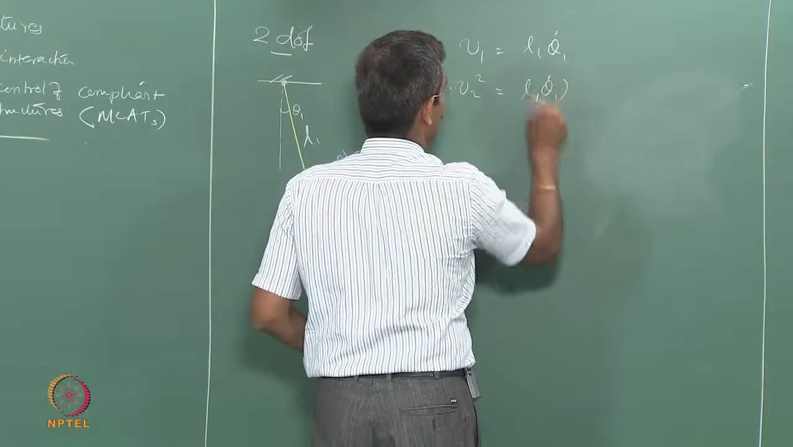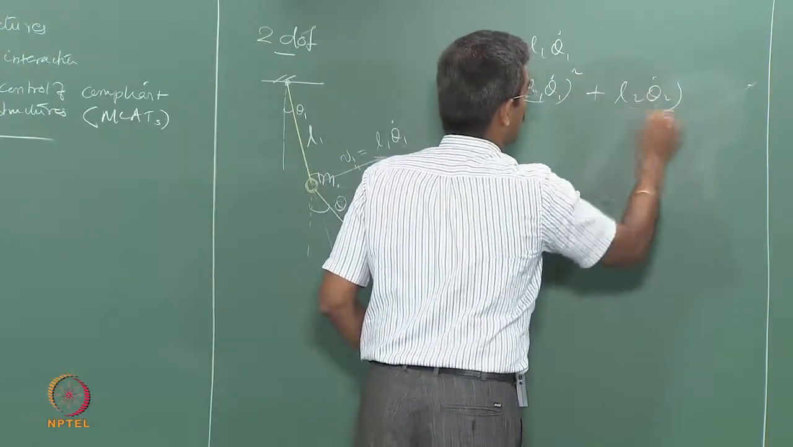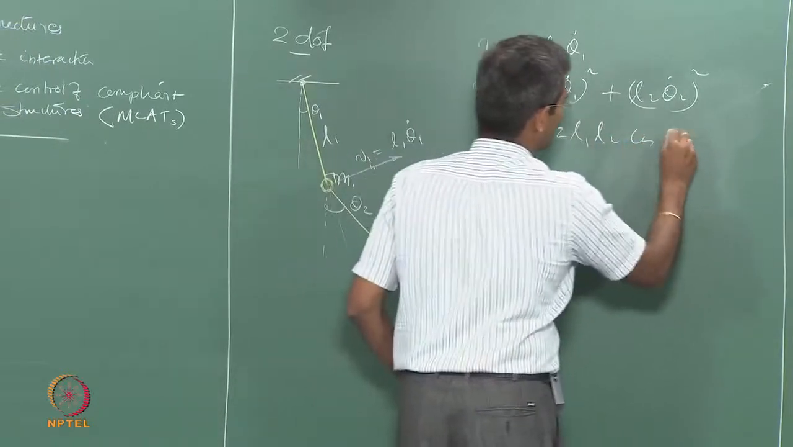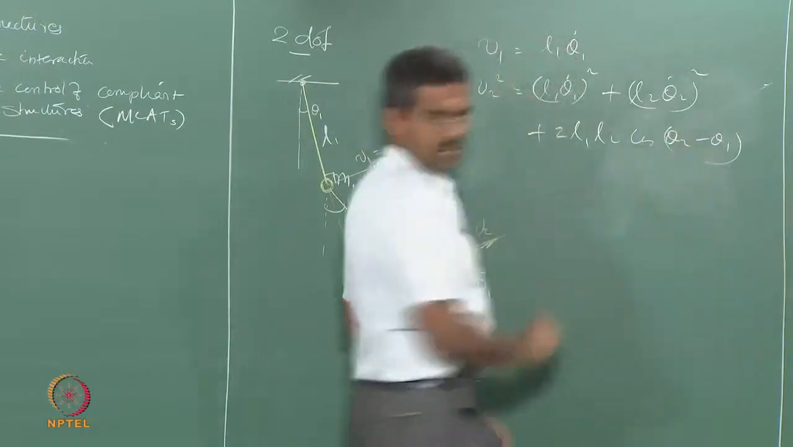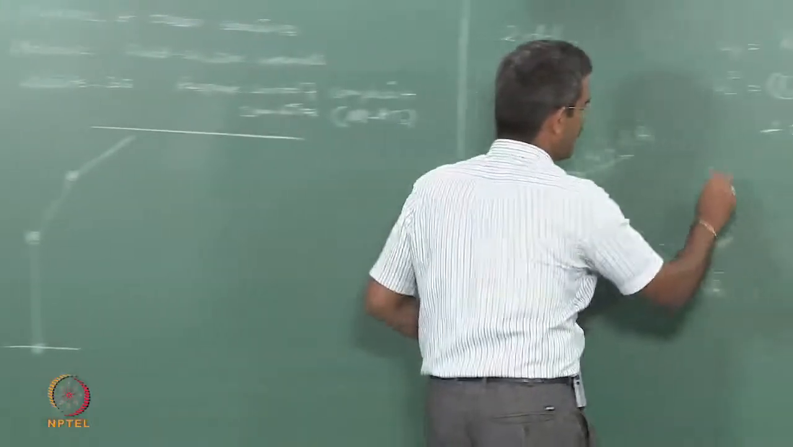L1 theta 1 dot square plus L2 theta 2 dot square plus 2 L1 L2 cos of theta 2 minus theta 1. Okay, so, simple cosine rule. Now, we know for the system the kinetic energy